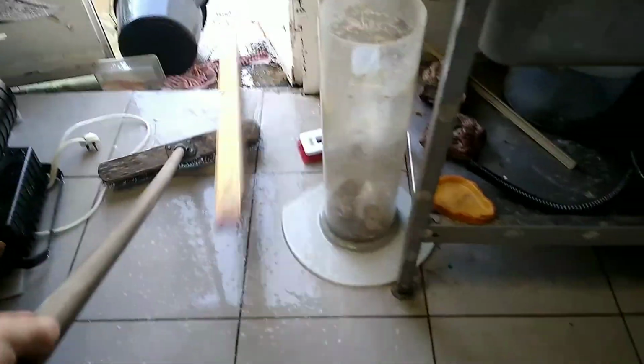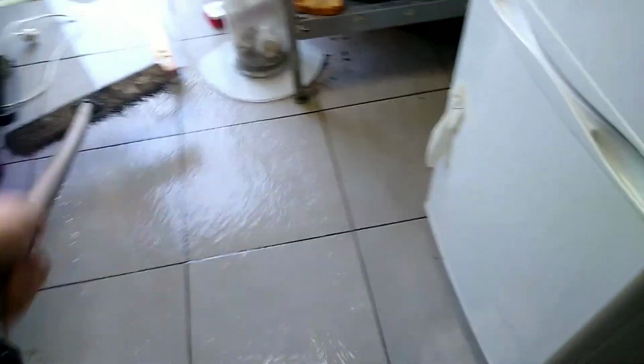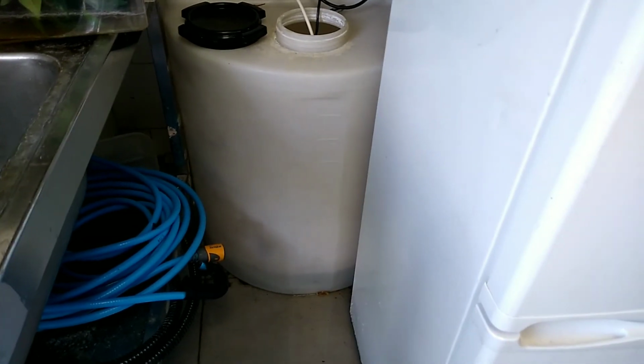When you're filling the RO up, you're meant to keep an eye on it. I flooded the whole back section. Smashed in the place. But that's why it's good to have tiles. There ain't much water left in the RO tub. So it's not too bad. Because this floor is slightly dipped, the water just stays in the back of here. We're a little bit wet still,